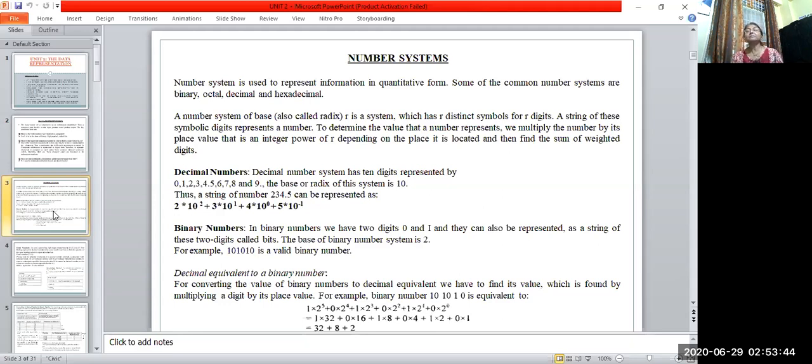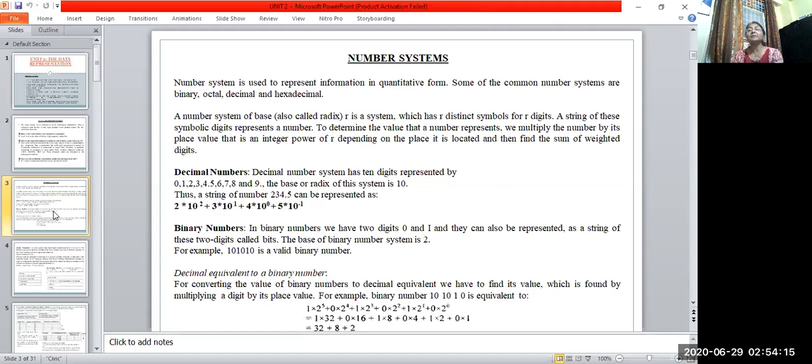The decimal number system is part of our day-to-day life. In our day-to-day life, we represent any numerical value in decimal form. So it is essential for us to know what the decimal number system is and how it is converted into binary form so that the computer or any digital device can process it.